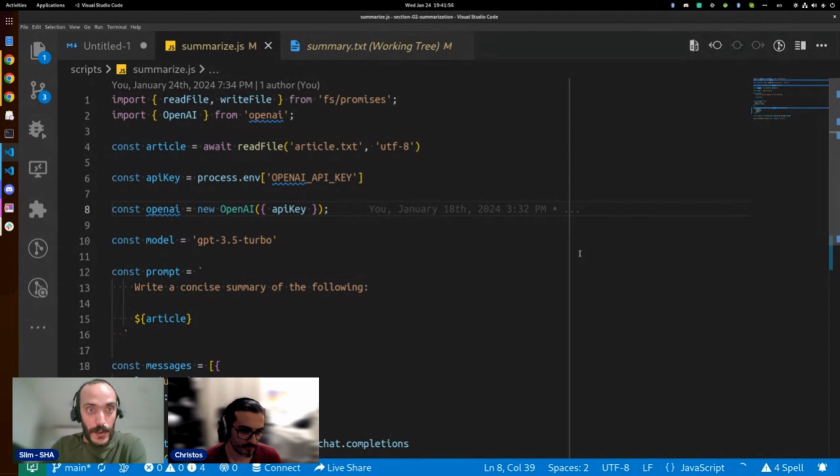Then, in order to connect to the OpenAI library, we need to kind of log in. And since we are not logging in through email and username, we use API keys. So that's why we have the API key. You can see it in the code. That's for security reasons. Also, when you are pushing your code to GitHub, you don't want to push your API keys. That's why you have the process.env